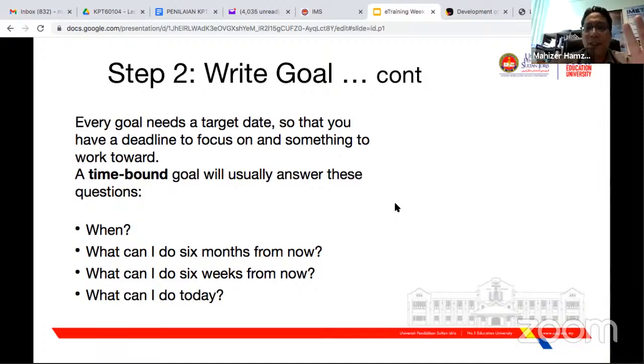So using SMART in order for you to write the goal. Okay, and then usually after you write the goal, they want the goal for the whole training, but you must have the learning outcome or learning objective for every stage. Okay, every unit you have the specific learning outcome for that unit in order to achieve the goal. Okay, how you come up with the learning objective or learning outcome is based on what you have done previously.